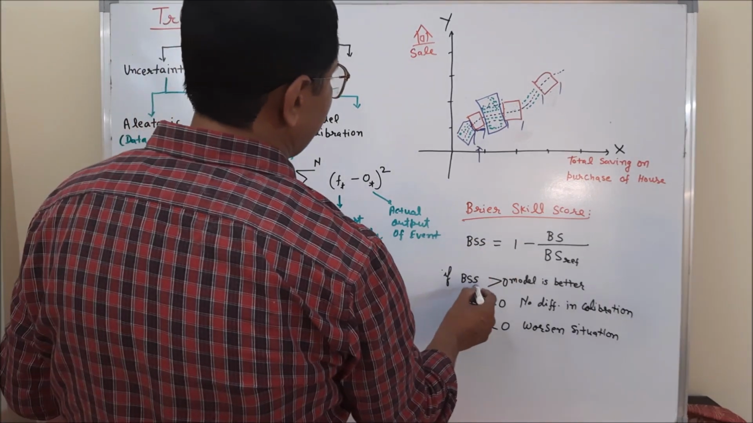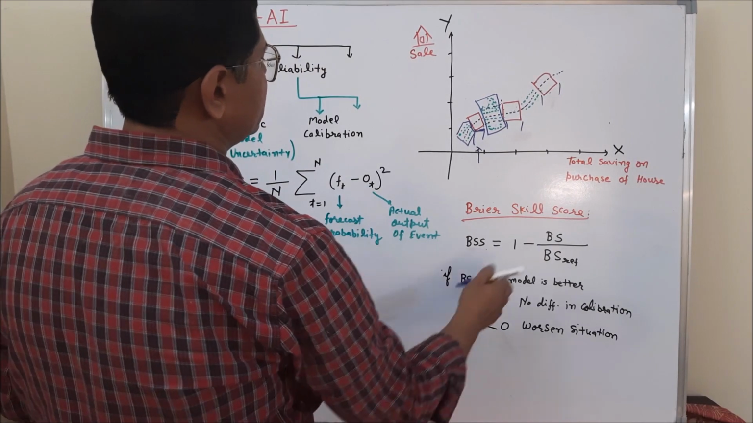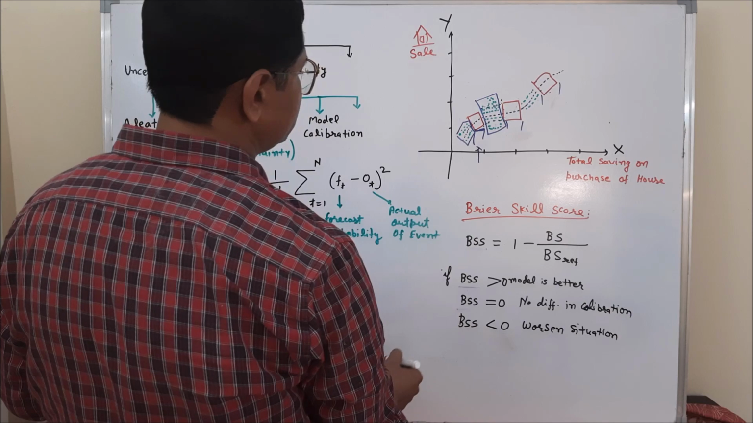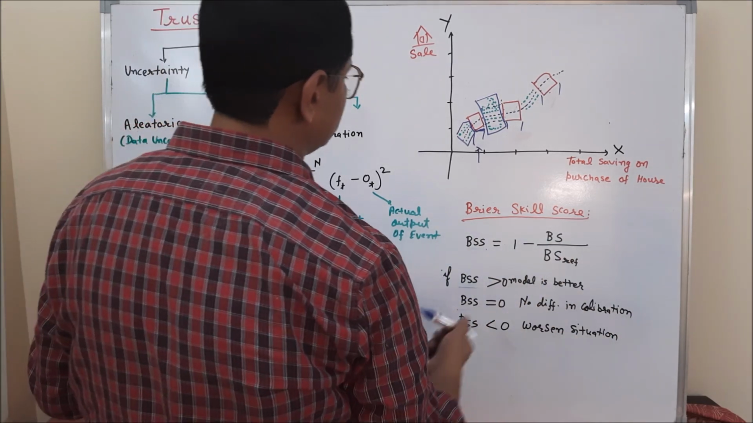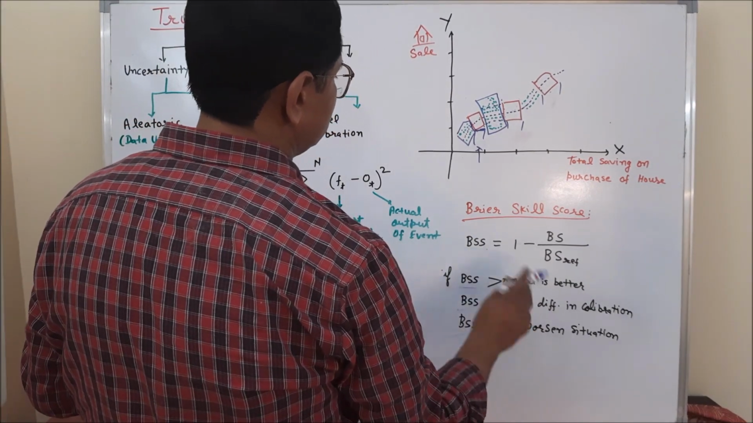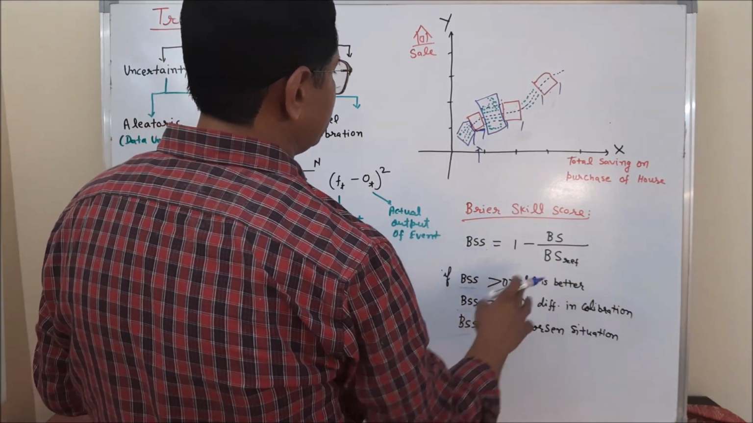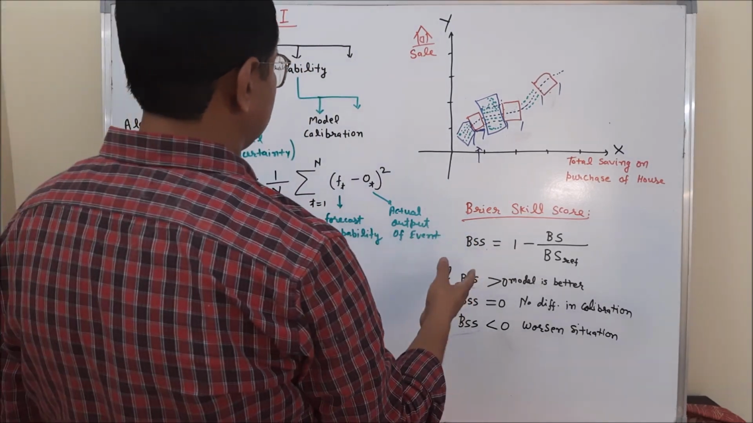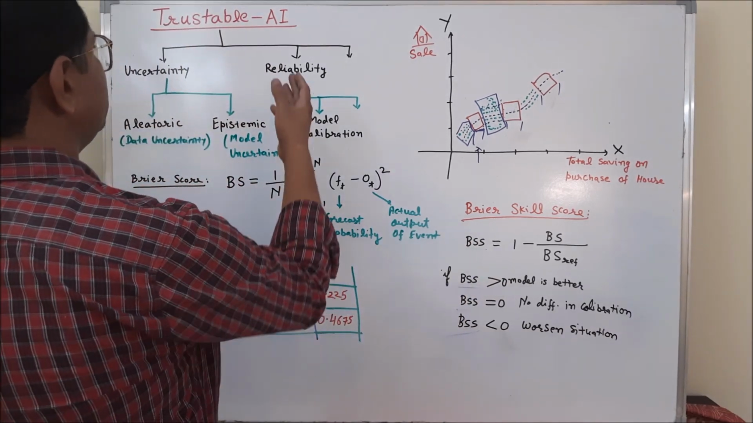In this case, if we get a Brier skill score greater than 0, then we consider that our model is better than the reference model. If BSS is equal to 0, it means there is no difference with respect to the reference model in the case of calibration. And if BSS is less than 0, our model is the worst, meaning it is poorer than the reference model. So these are the two major basic measures used to measure the